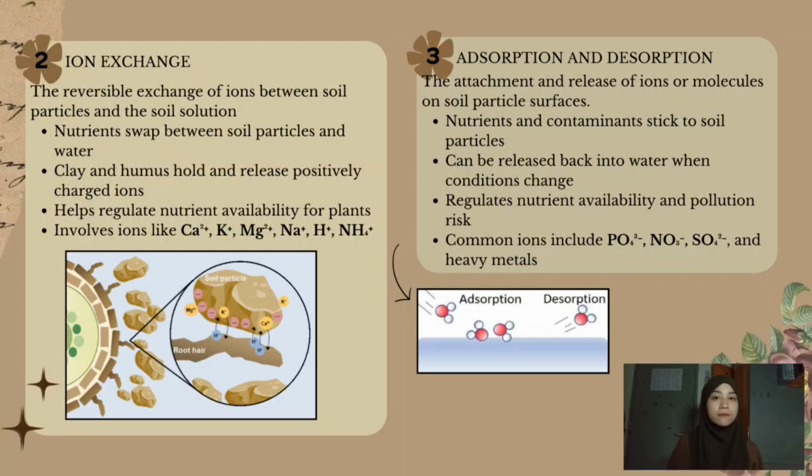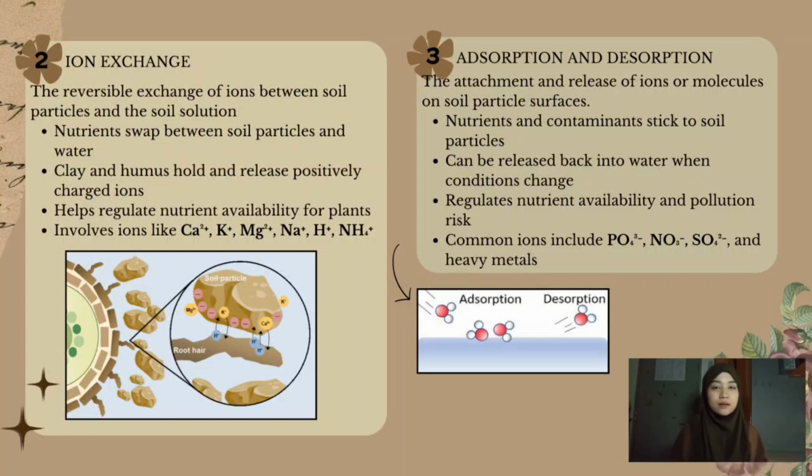When plant roots absorb some of these nutrients, other ions from the soil solution replace them to maintain electrochemical balance. This process is essential for nutrient retention and supply, ensuring that plants can access the minerals they need to